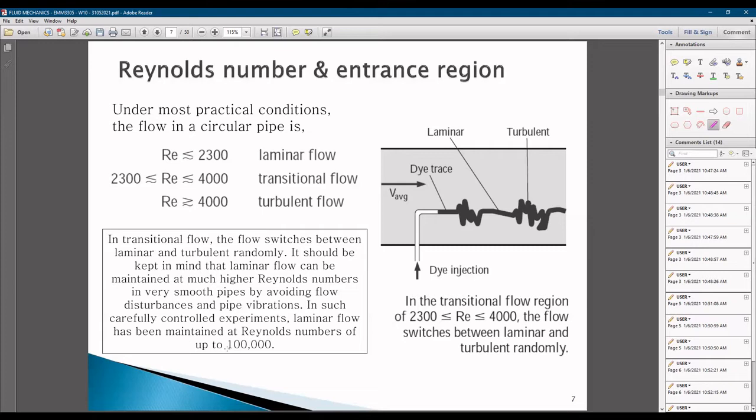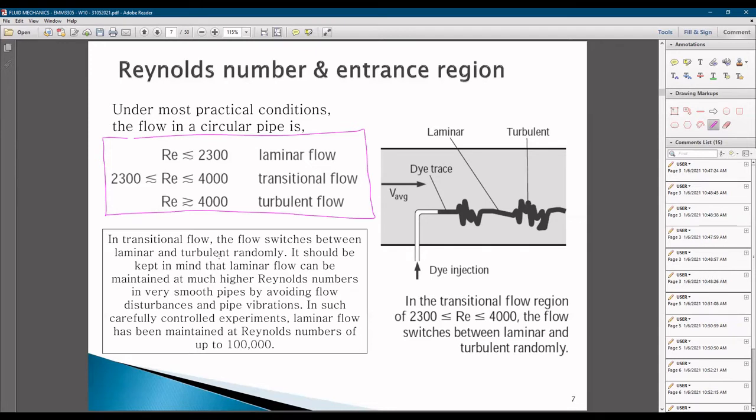Although these are our generally accepted values for the circular pipe,